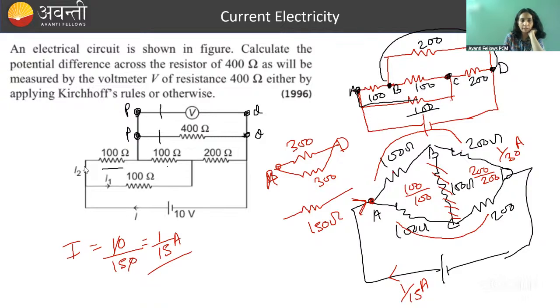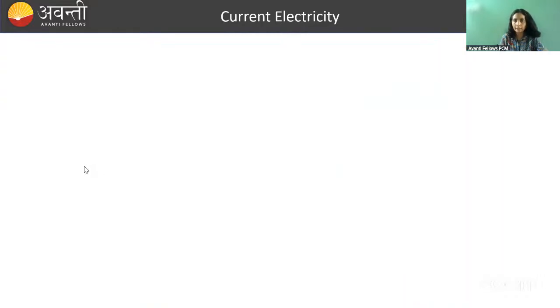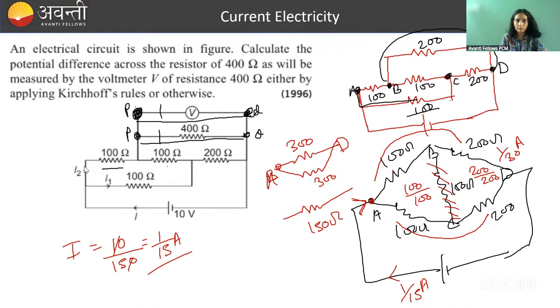है कैलकुलेट द पोटेंशियल डिफरेंस across the resistor of 400 ohm as will be measured by the voltmeter of resistance this. So this voltmeter is going to measure potential difference across PQ. So अगर तुम, मैंने बोला ना P और P सेम है, so इसके अक्रॉस जो भी पोटेंशियल ड्रॉप दिख रहा है will be same across the voltmeter, so that will be the reading of voltmeter. ओके मैम। Yeah. So answer you have got is correct actually, but आपने 6.6 वाला करेक्ट होगा, ठीक है।